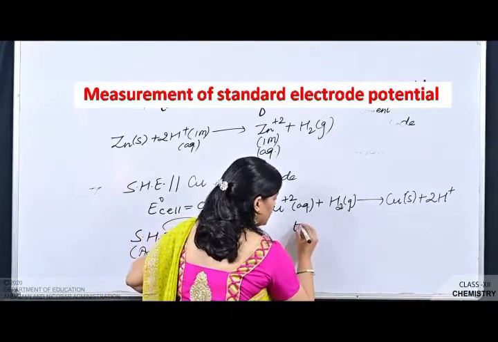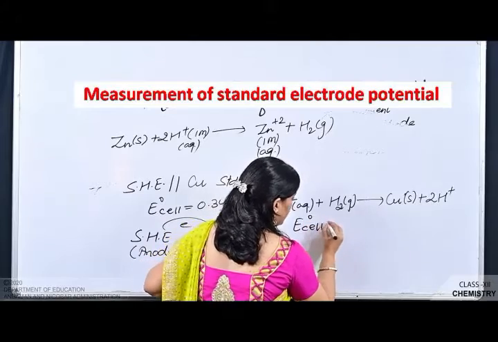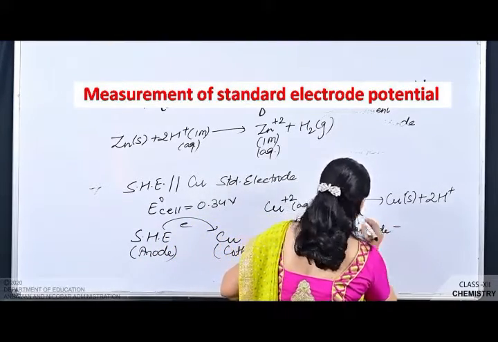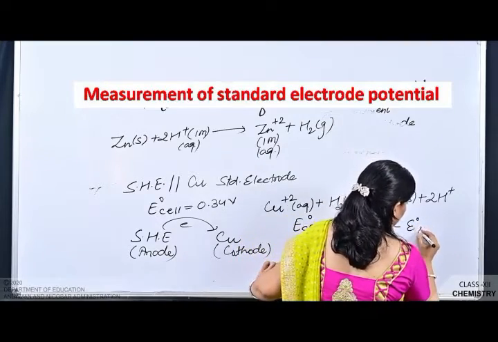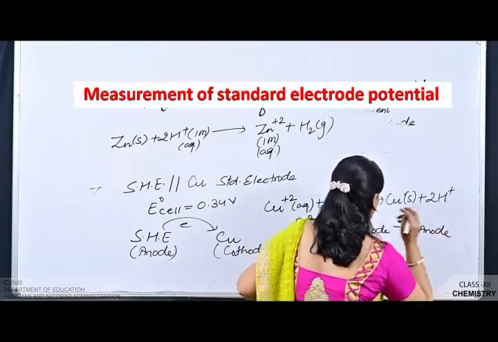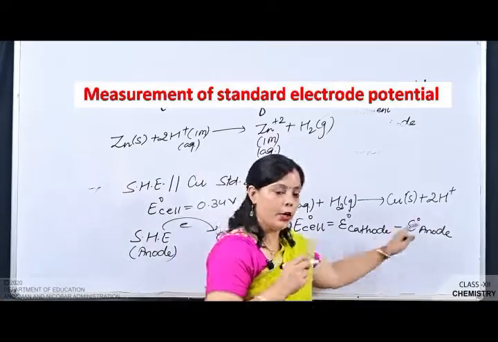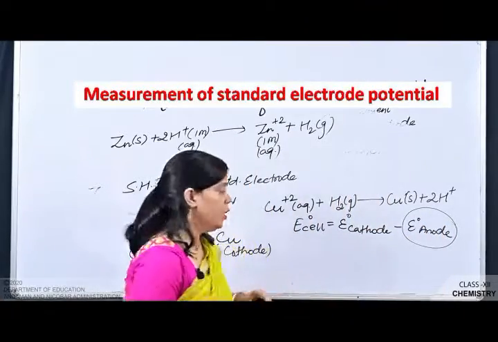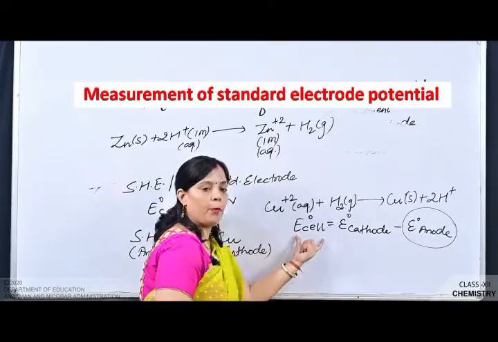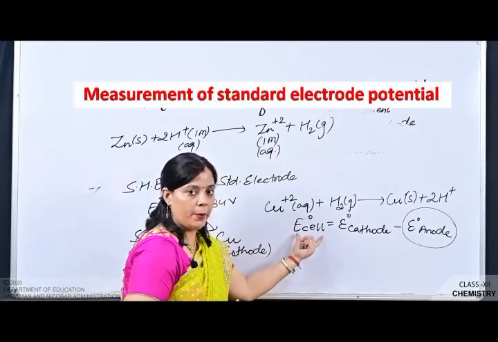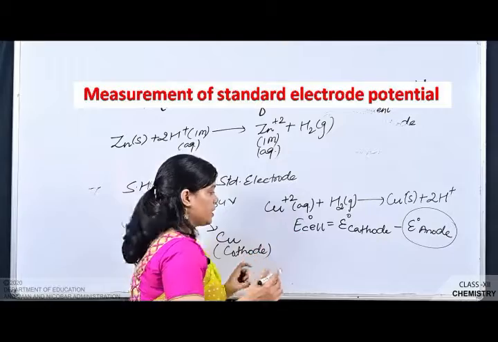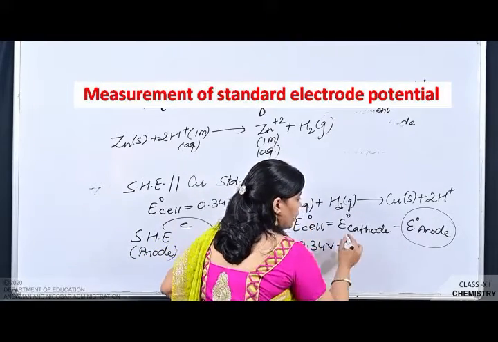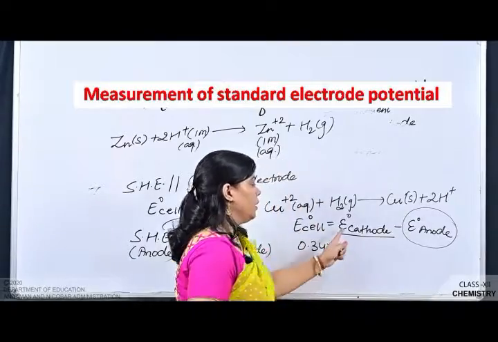So by applying the same formula, that is E cell naught is equal to E naught cathode minus E naught anode. Here the SHE is acting as an anode, so the value of E naught anode is equal to 0. With the help of the voltmeter we find the complete potential difference of the cell,